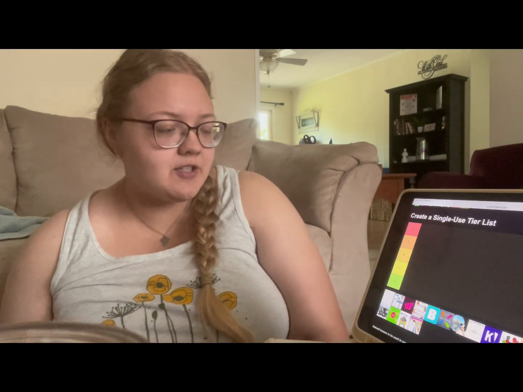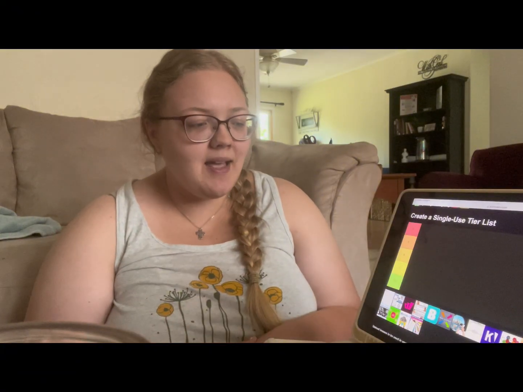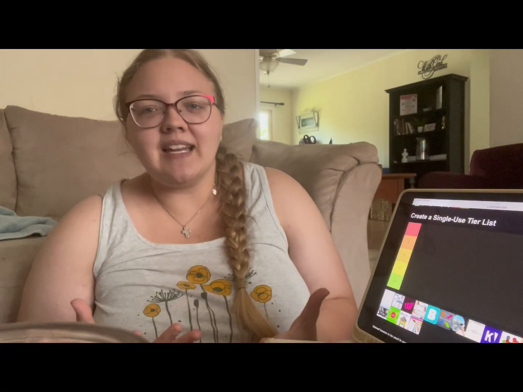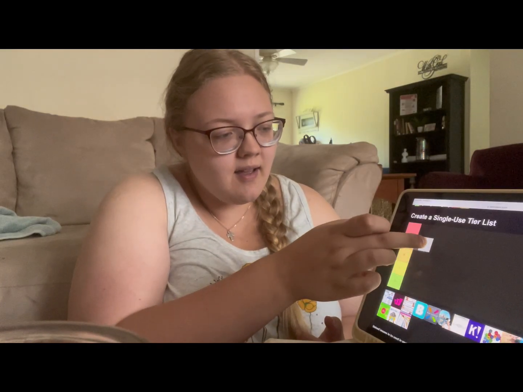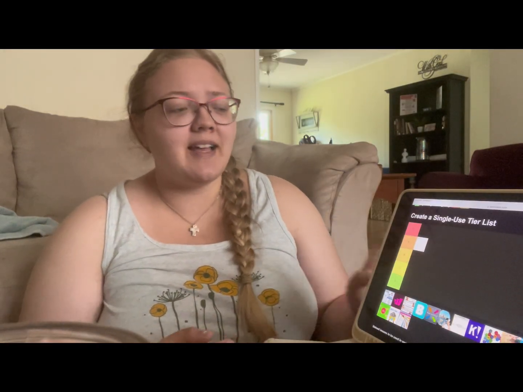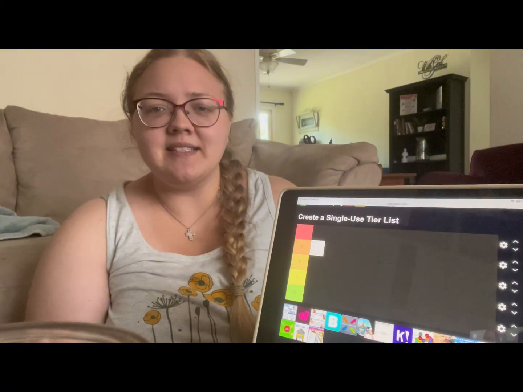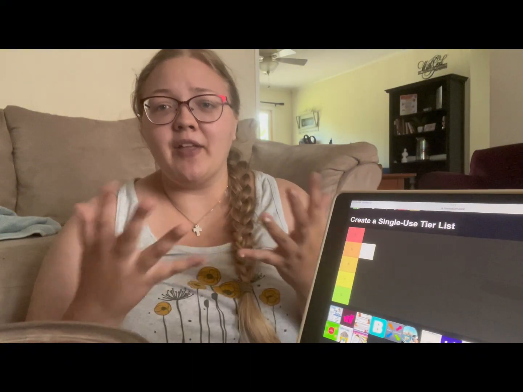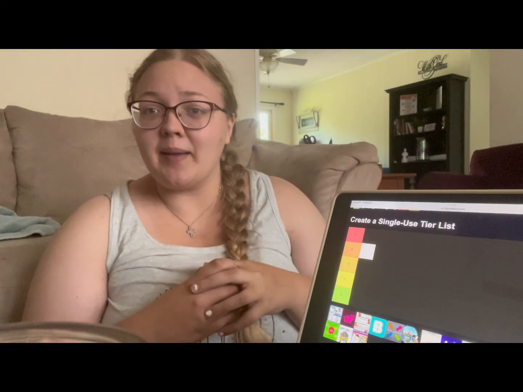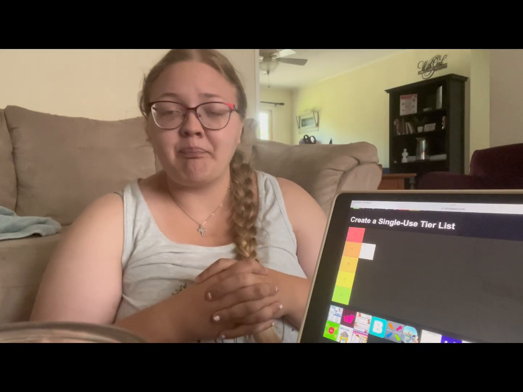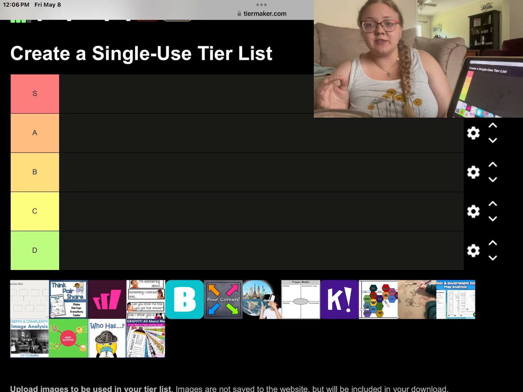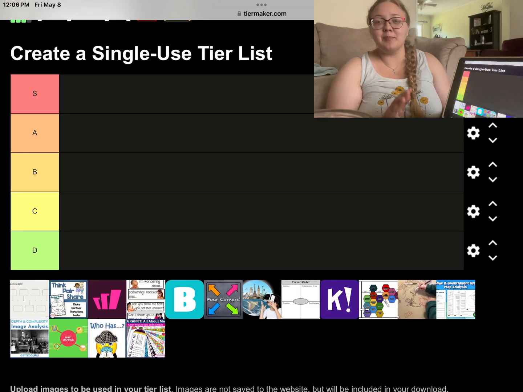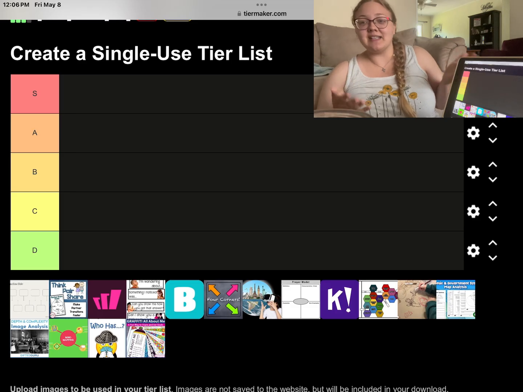So first up, we have timelines. Timelines, I'm gonna put at a solid A tier, I think. Great historical activity. I don't know if you can see the boxes very well. My other option in doing this was to screen record my iPad and then upload it here. I might still do that actually. Hold on. I'm now screen recording on the iPad, so hopefully in post you can actually see what's happening on this screen